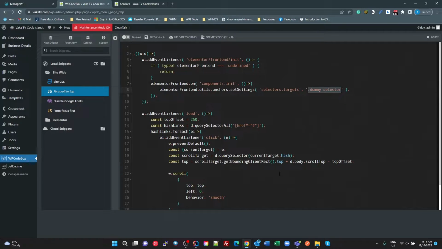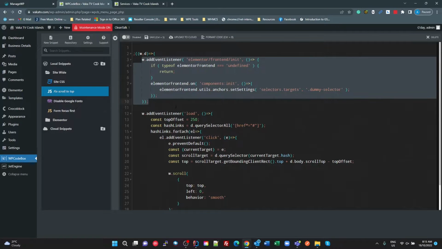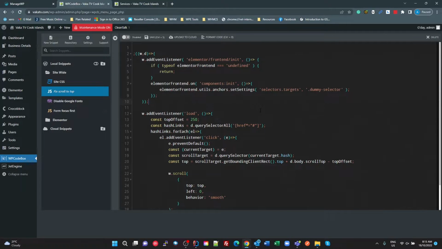That basically stops it from finding your anchors and doing the smooth scroll on them. So it's a bit of a workaround, a hack to tell Elementor not to do the smooth scroll. That's the first bit, to disable Elementor's default smooth scrolling on every click on an anchor that's got